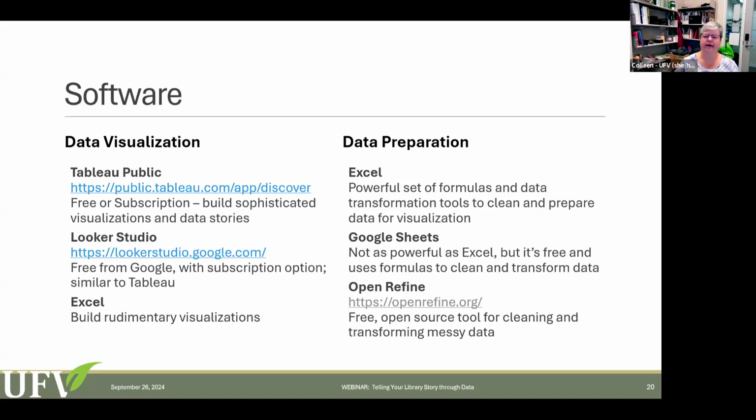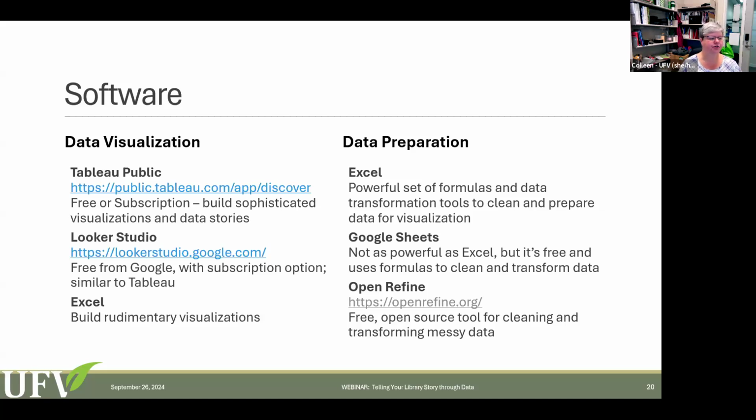So you can do the visualization, you can turn them into a dashboard, so you can bring multiple visualizations together in a dashboard and add some controls to allow the user to manipulate the data. And then it has the data story component where you can take a visualization and add the story. That first story that I showed you about the hostile takeover, that's a Tableau data story. At least I'm pretty confident it was created in Tableau.